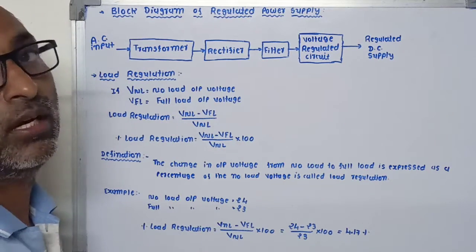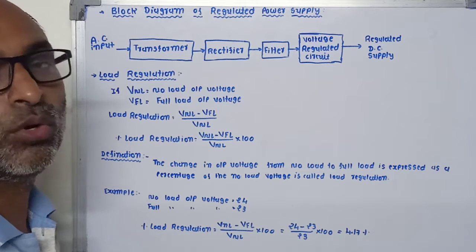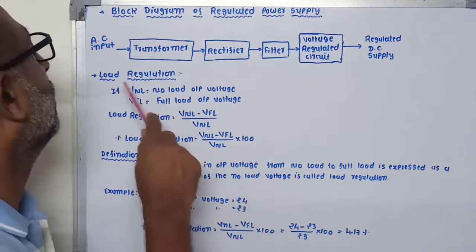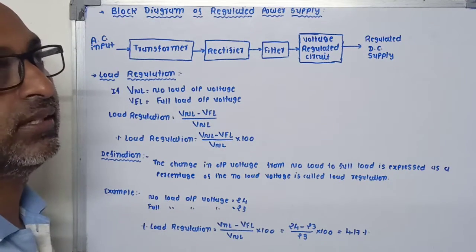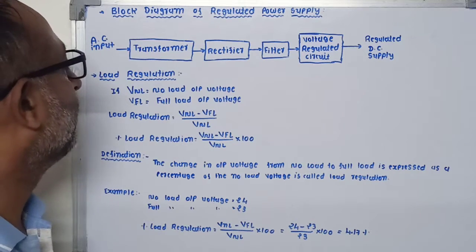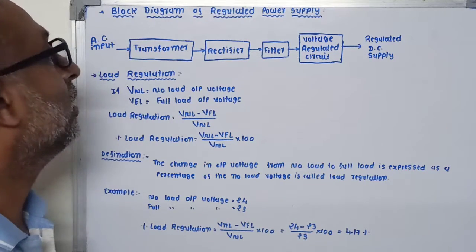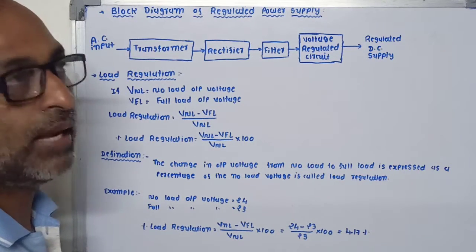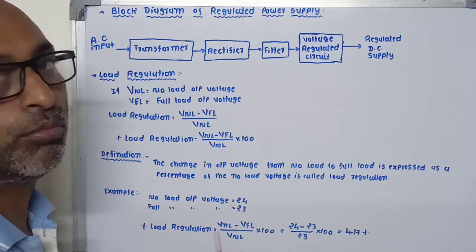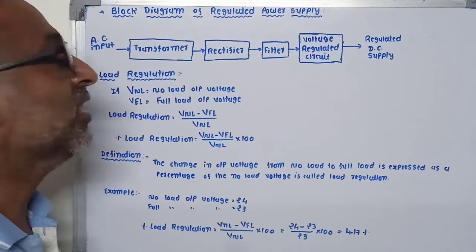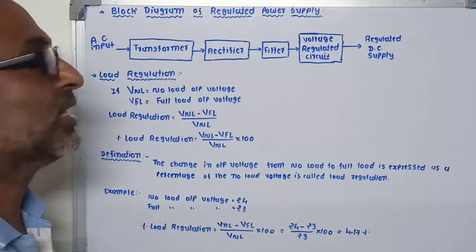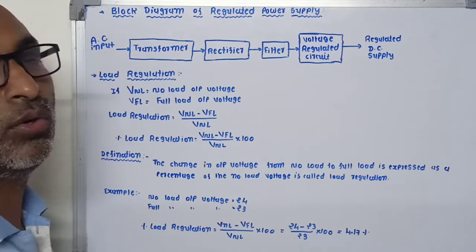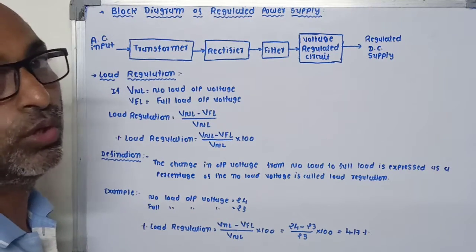Load regulation. How much the output voltage changes when the load current changes from no load to full load can be known from load regulation. When there is no load applied on the circuit, the voltage drop does not appear across the resistance and inductive portion of the circuit, and we will get maximum output voltage. That means the output voltage is higher, but the output voltage decreases when the power supply delivers full load.